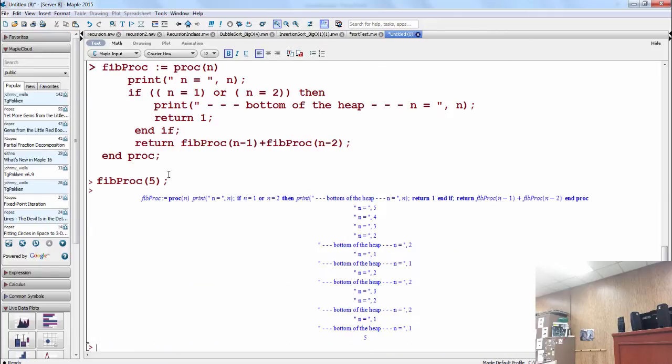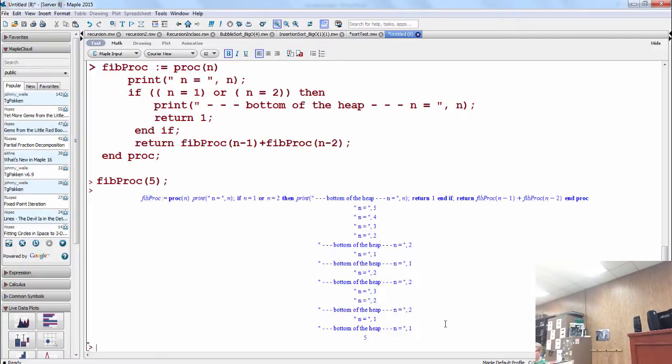Cool. So there it goes. You can see how what I wrote on the board relates to how it prints out there. All right. Maybe Fibonacci is a little different. Okay, let's move on to this one.